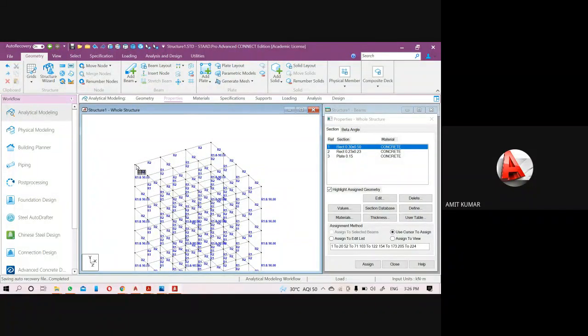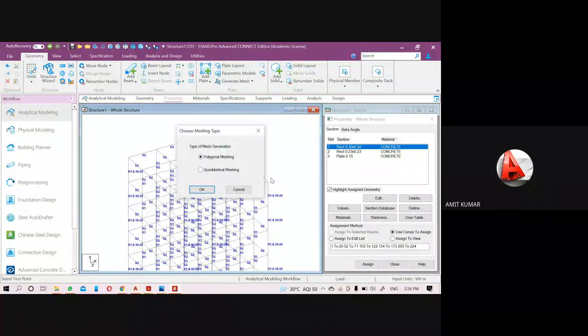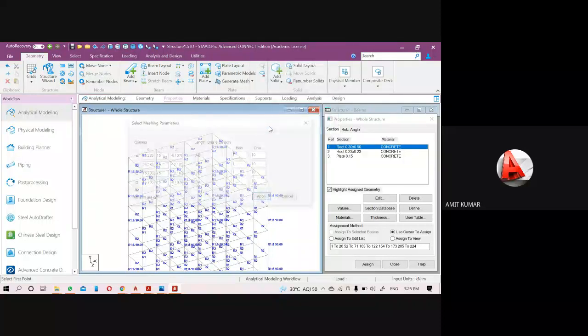One by one. Sometimes you are seeing, yeah, then at the last point. So there are a total of 2 types of meshing. As you are seeing, this is our quadrilateral shape, so I will prefer to use the quadrilateral. In case of polygonal shape or circular shape, we use the polygonal meshing. At the top, you can see the shape of our columns. We can say the plate shape is creating a quadrilateral shape. That's why we will pick the quadrilateral meshing here and click on OK.